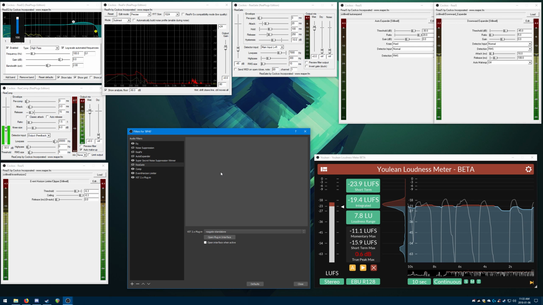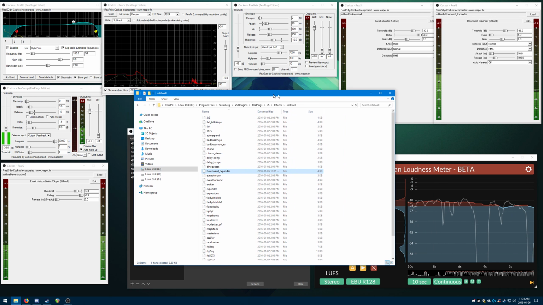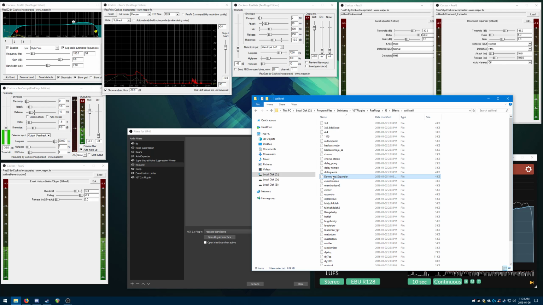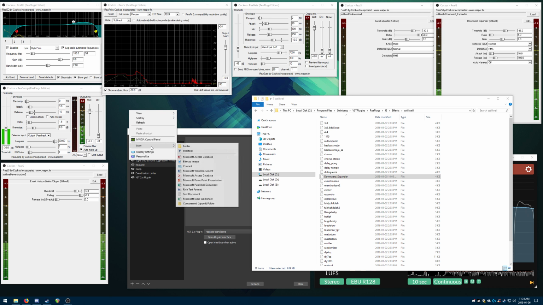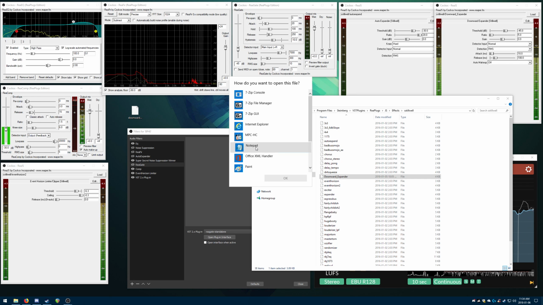So downward expander is also a ReaJS plugin, but it's not available by default. It's actually a ReaPlugs plugin, which you need to either create a text file on your old desktop, name it downward expander 2, get rid of the file extension, open it up in Notepad,